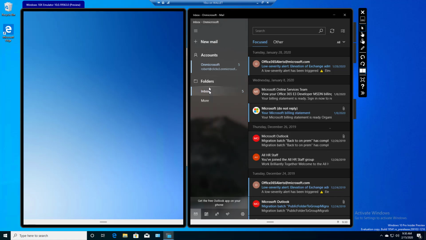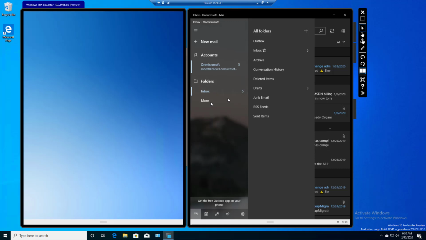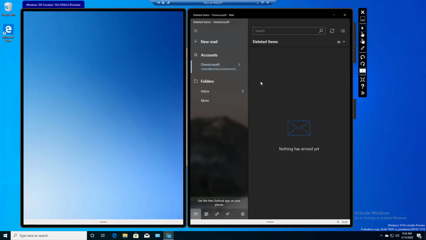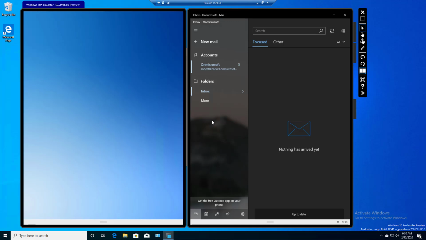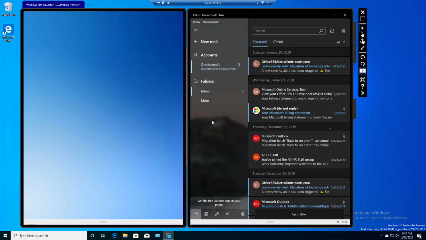We have folders and inbox. Click on More. And now I can see all my other folders. Let's go to deleted items, for instance. And there's all my deleted items. So very similar to a phone experience, especially since this is going to be used on the Windows Phone later on in 2020. I'm going to click on a new mail